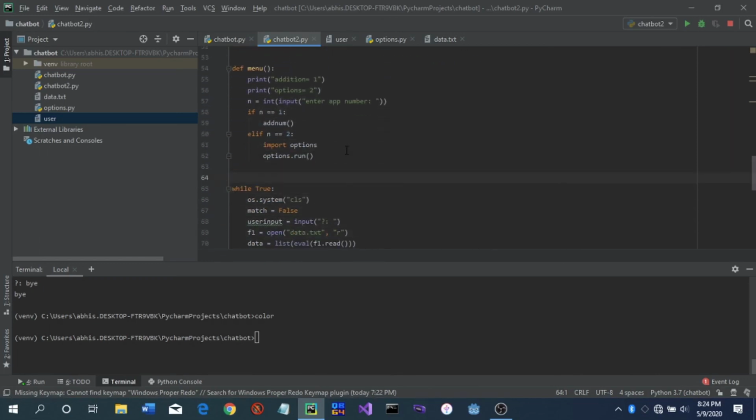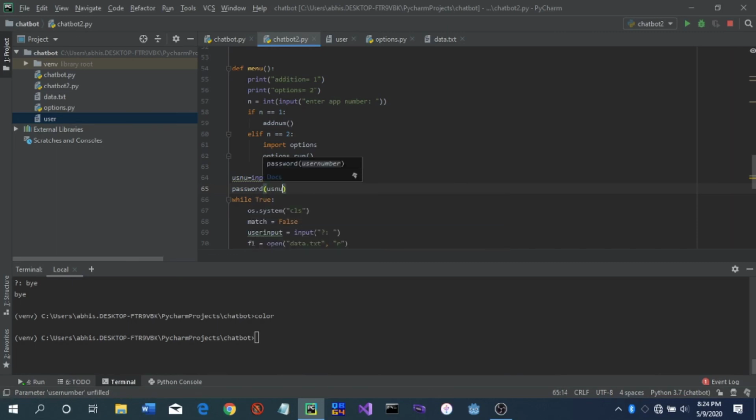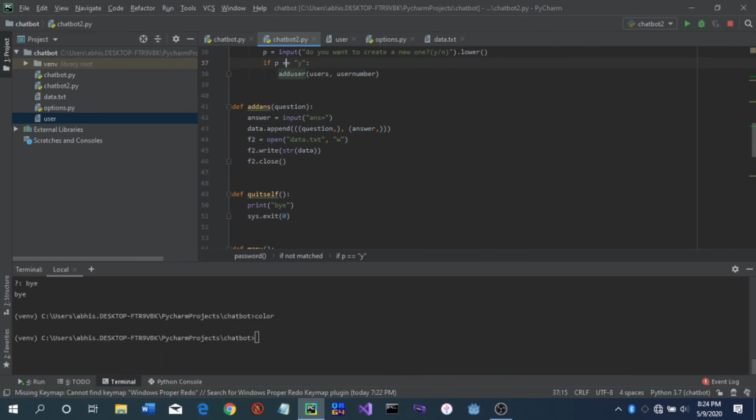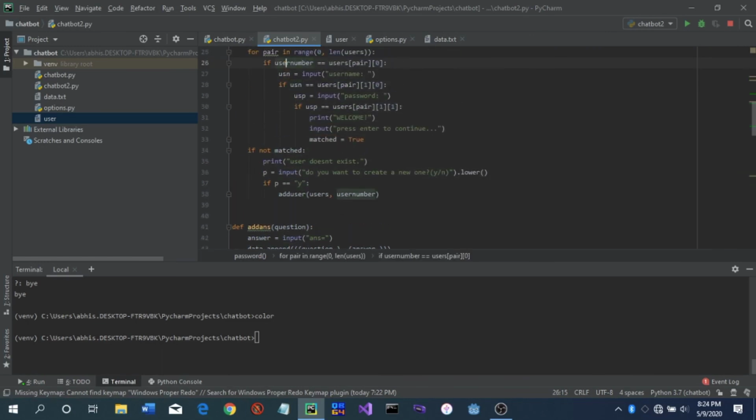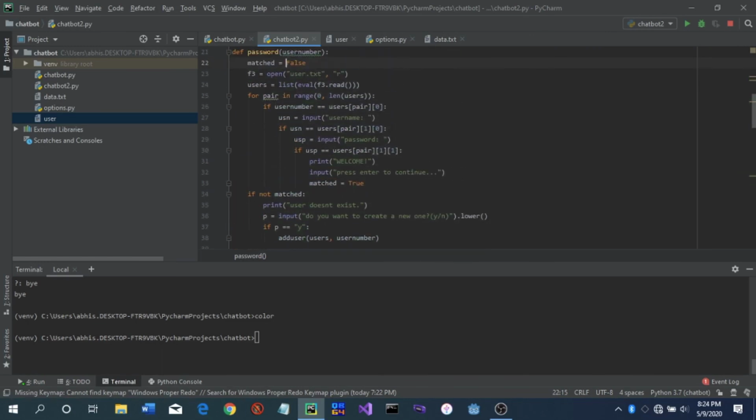Because why wouldn't we do that? We are good people. User number equals input user number, and then we want to call password equals usnu, right? And then only if password equals usnu we will break out of that loop, otherwise not